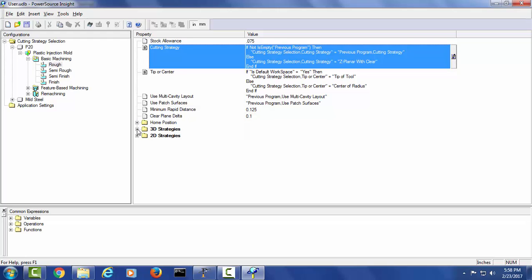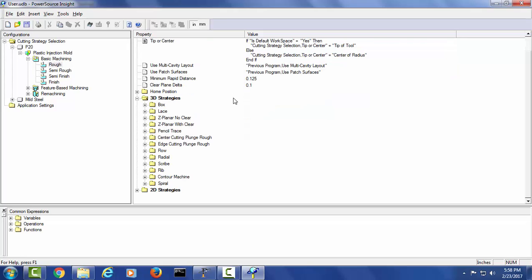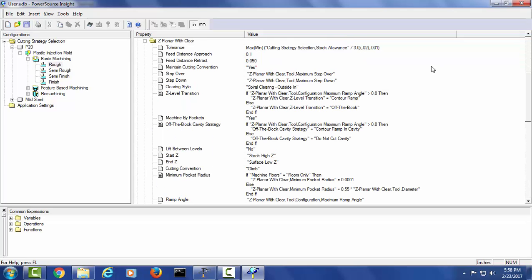Let's go ahead and dive into the 3D strategies themselves. So let's go ahead and open this node. Now these are all the different 3D strategies that are available in Prospector. So let's open up Z-planar with clear and look at that. I mean, it's all the possible parameters that can feed into creating a Z-planar with clear